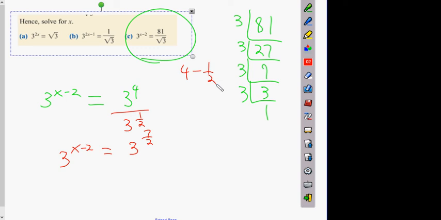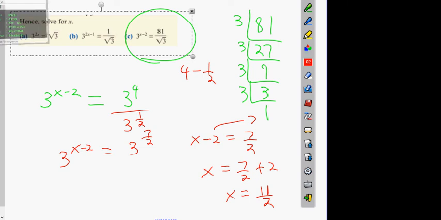Now you have x minus 2 equals 7 over 2. All you have to do is bring the 2 over to the other side and then use your calculator to add them together and you get 11 all over 2. So that's the last question of the test? Yeah. Okay guys. Instead of bringing the 2 over,